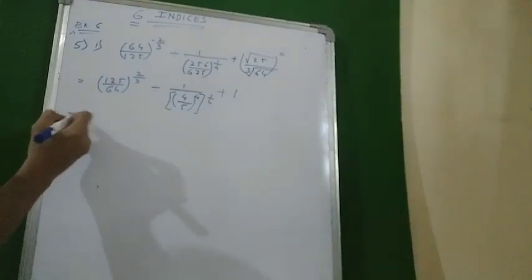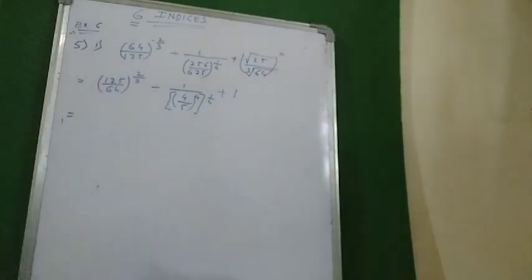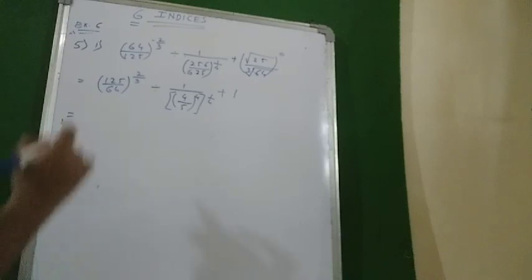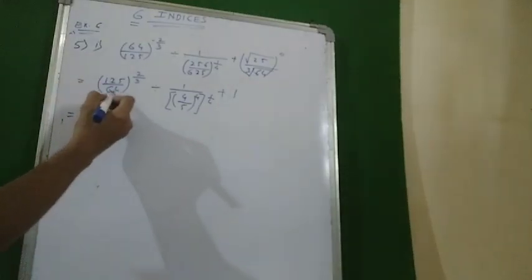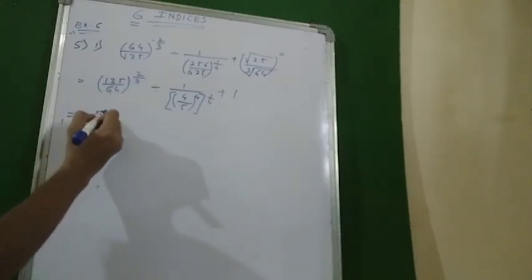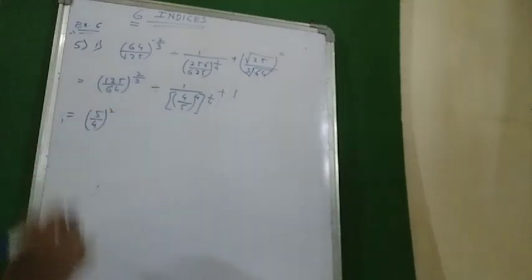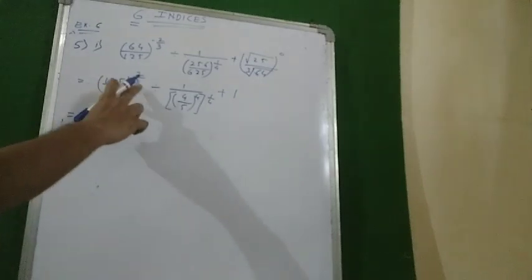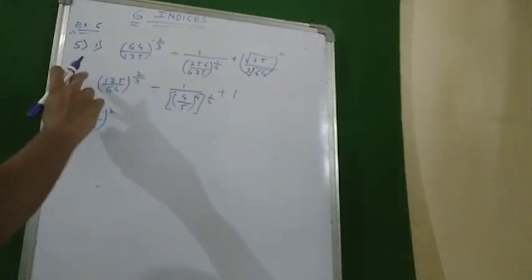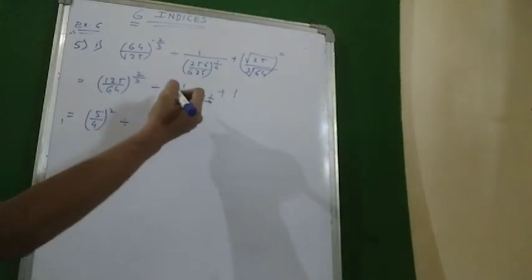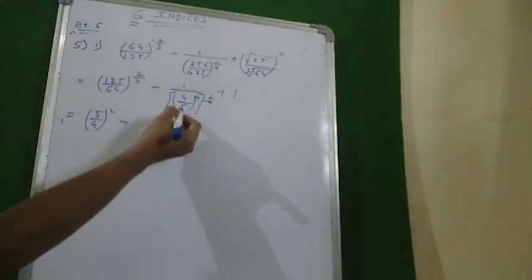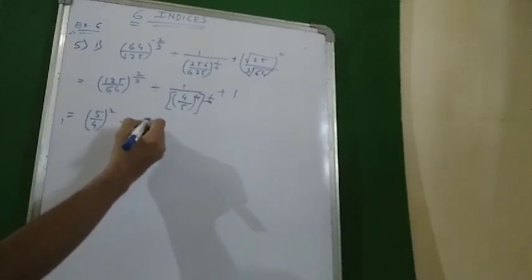Okay, so you can see that this is 3 in the denominator. 3 in the denominator is nothing but cube root. So what is the cube root of 125? Can I say it is 5? Cube root of 64, it is 4. I wrote it directly. That is, this 3 gets cancelled with the cube root, divided by this 4 gets cancelled. So we have 1 upon 4 upon 5, which becomes 5 upon 4.